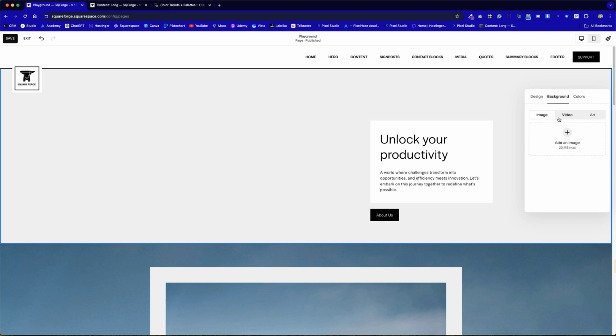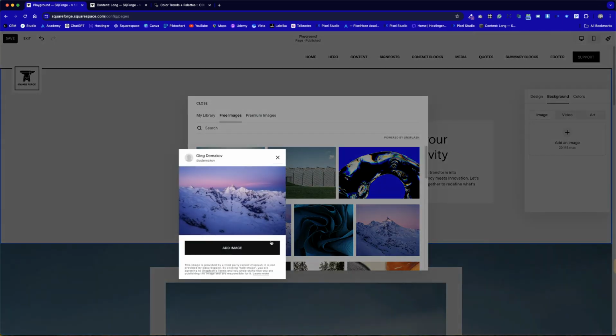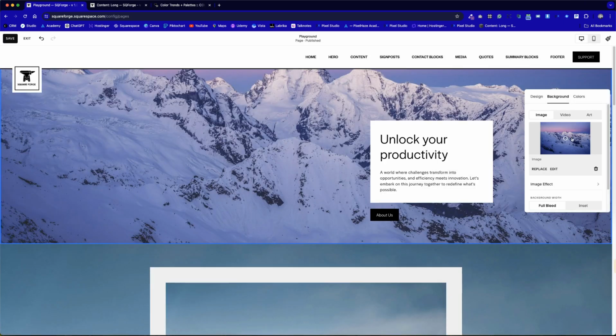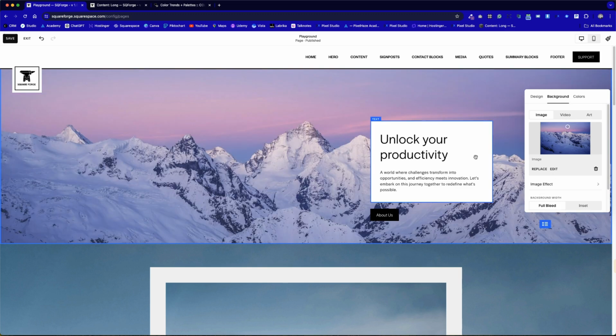We can upload photos, we can upload videos, or use our already uploaded images via the library, or we can browse stock images and find just the perfect stock photo for our website. We don't even need to stop there. We have focal points, allowing us to change the focal point of each photo to fit within the frame. We've got a hero in letterbox mode here, and by moving the focal point, we can adjust how the photo